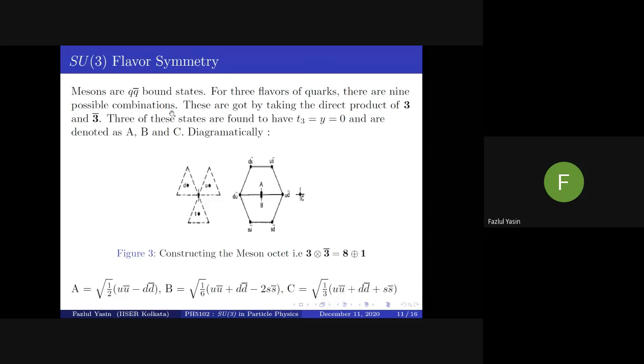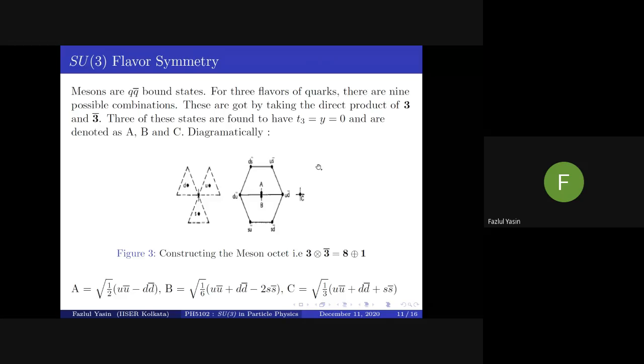So the simplest way to go about doing this is diagrammatically in the T3-Y plane, where we just superimpose the anti-quark triplet over each flavor of the quark triplet, and this gives us the following corresponding diagram,